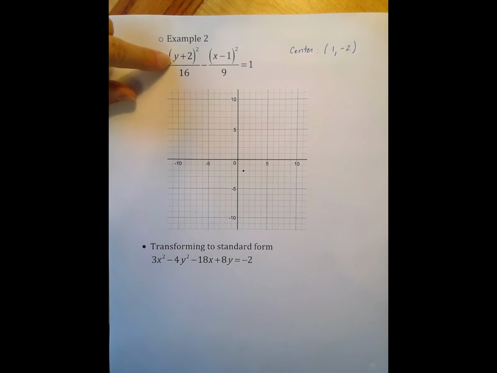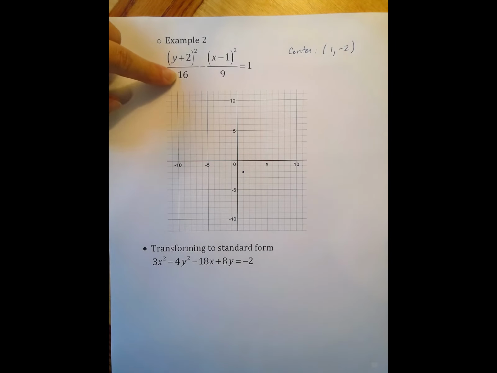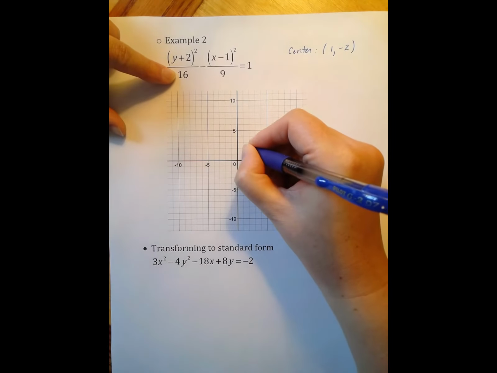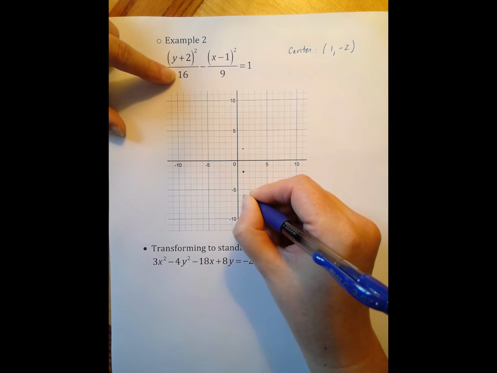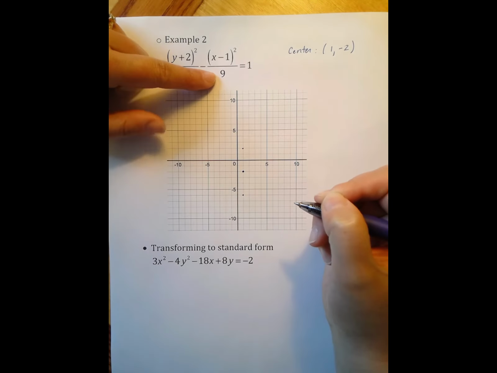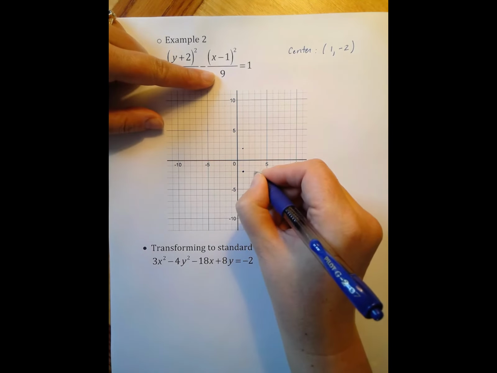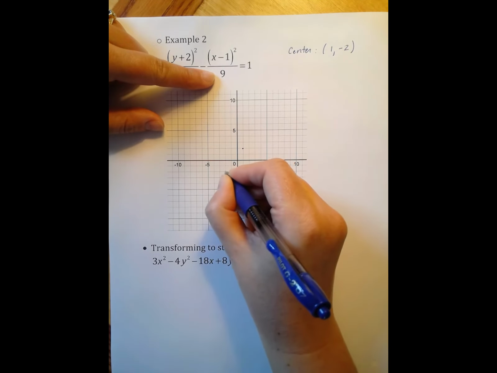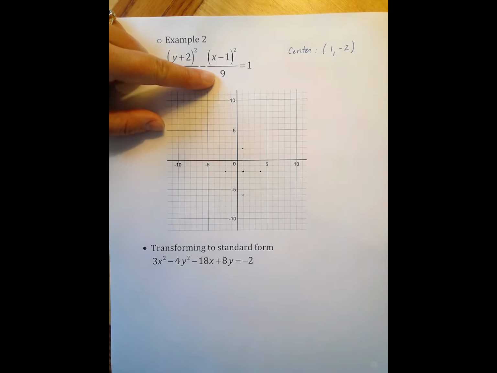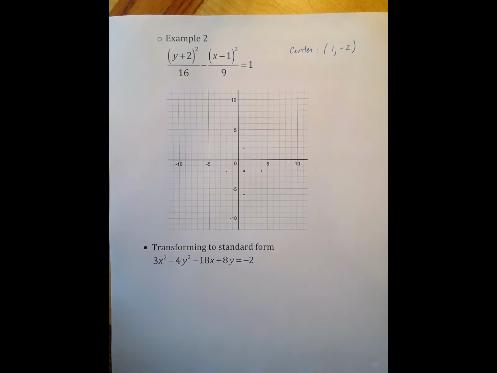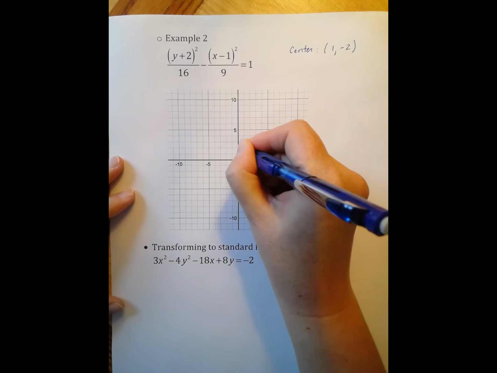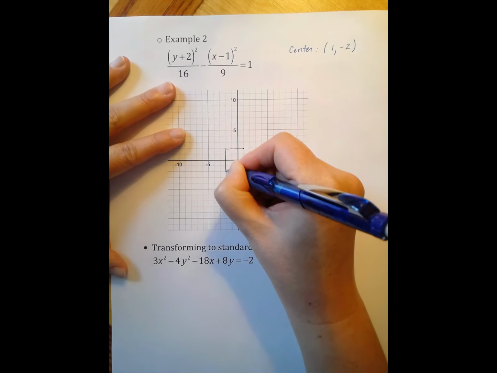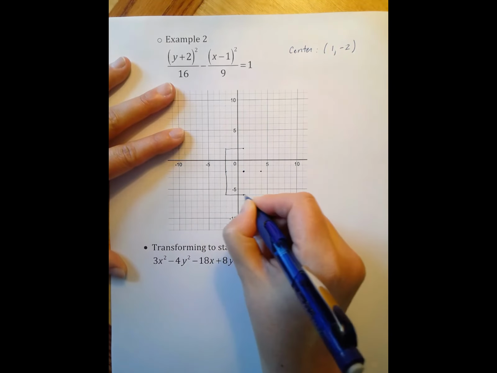The first one is the y, so the y is an up-down distance. I'm going to go up 4, down 4. And my x is 3, so I'm going to go to the right 3 and to the left 3. Again, if I were graphing an ellipse, I would connect those 4 points and make a lovely little elliptical shape. But I'm not. I'm graphing a hyperbola. So I make my box